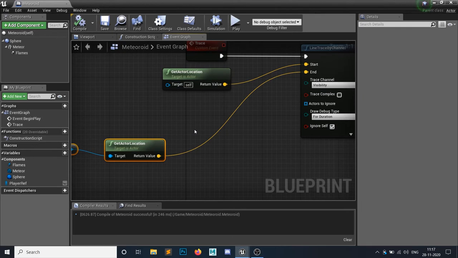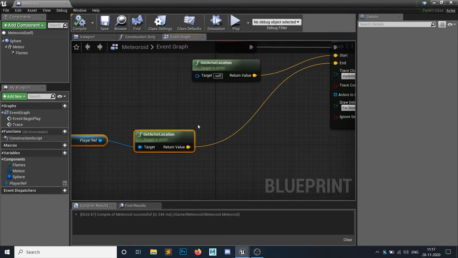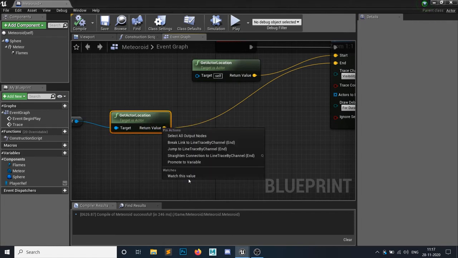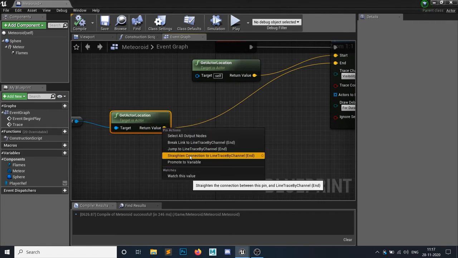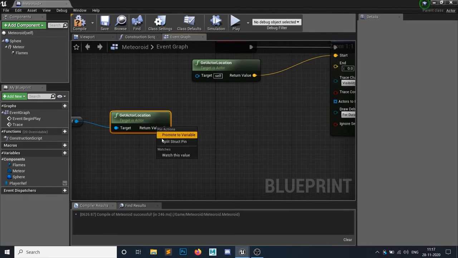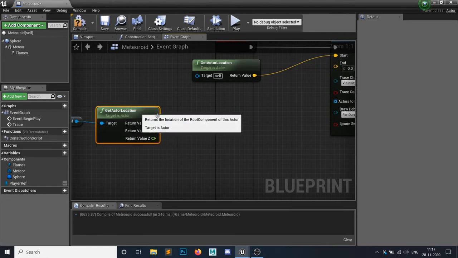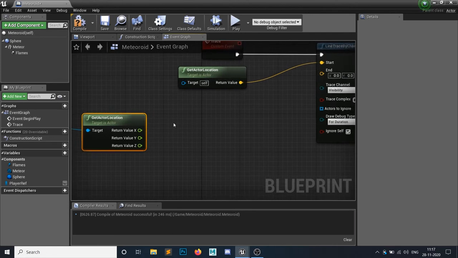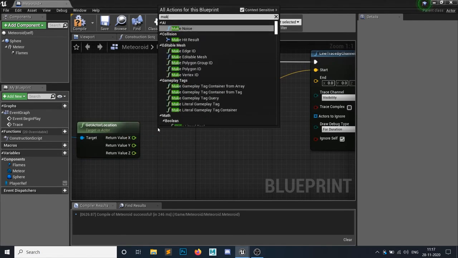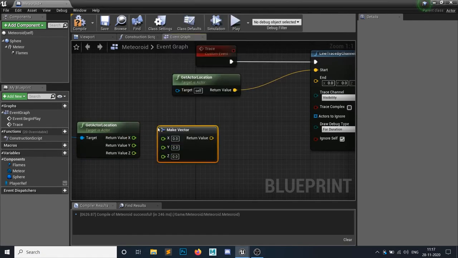Alright, now what I need to do, I need to provide this location, because that is simply just setting in here, but I don't want this. So I will simply break this and split it out, because that trace was blocking its own collider. Okay, and I will simply make a vector 3, make a vector.